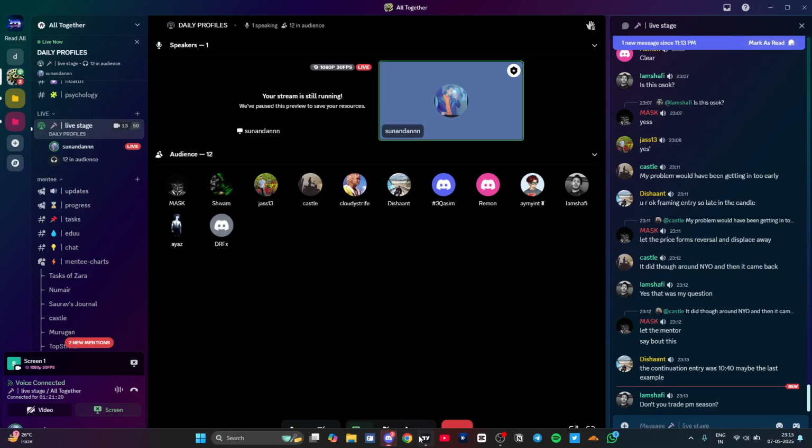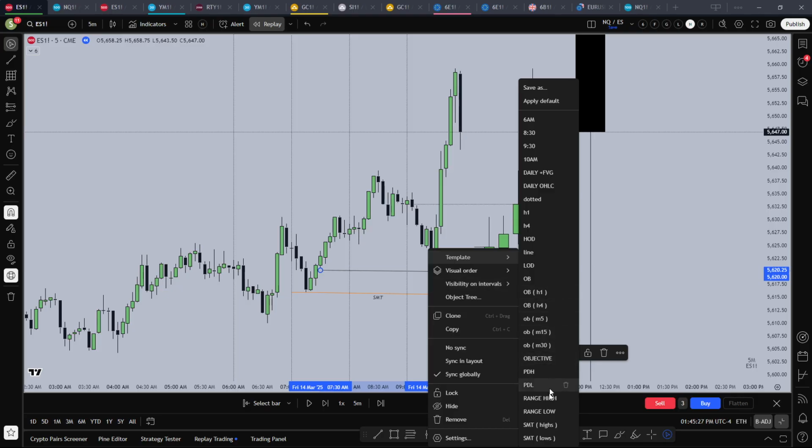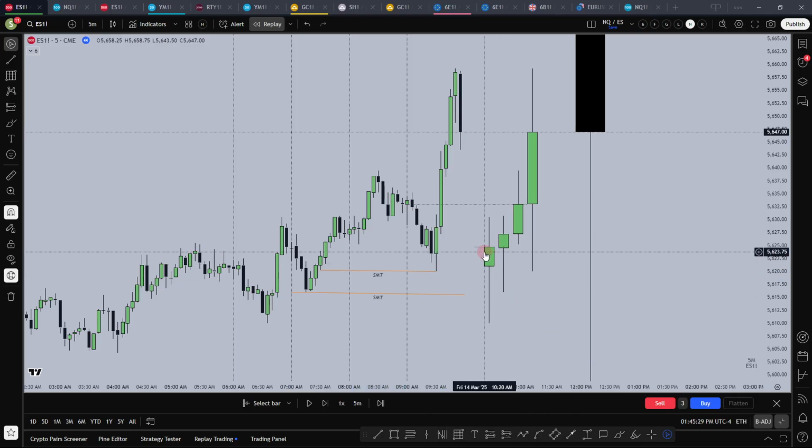This M5 entry after 9:30 is closer. You can view this as an SMT if you want to. If you want to get a high SMT, sweeps out an opposing swing,